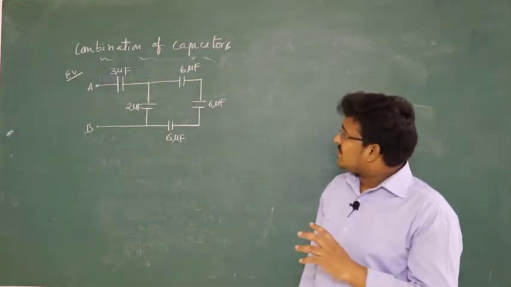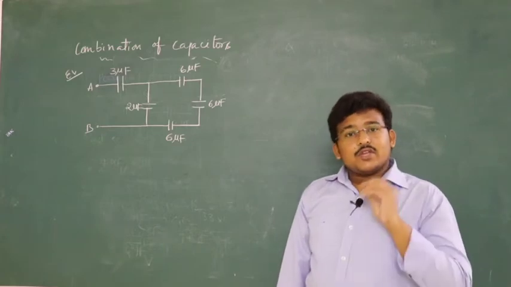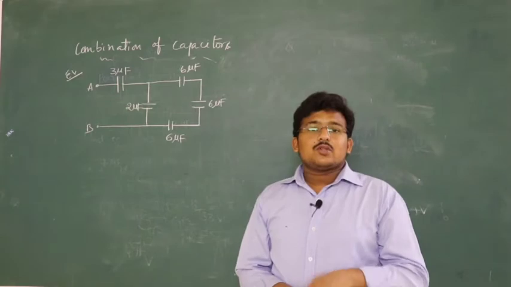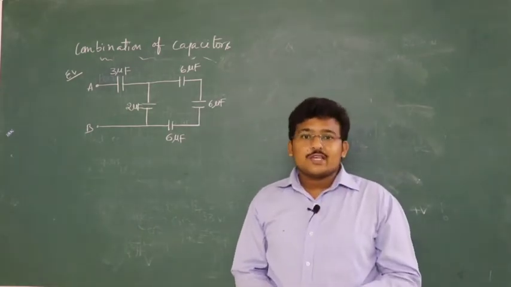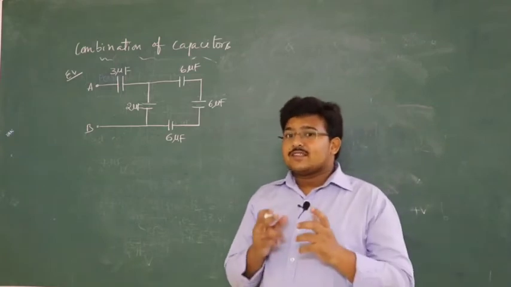See how many capacitors we have. Actually we have 5 capacitors, so we need to solve all of them based on series or parallel, so that we get a single capacitor called the equivalent, right? So we need to identify which of them are in series. That is the main thing here.